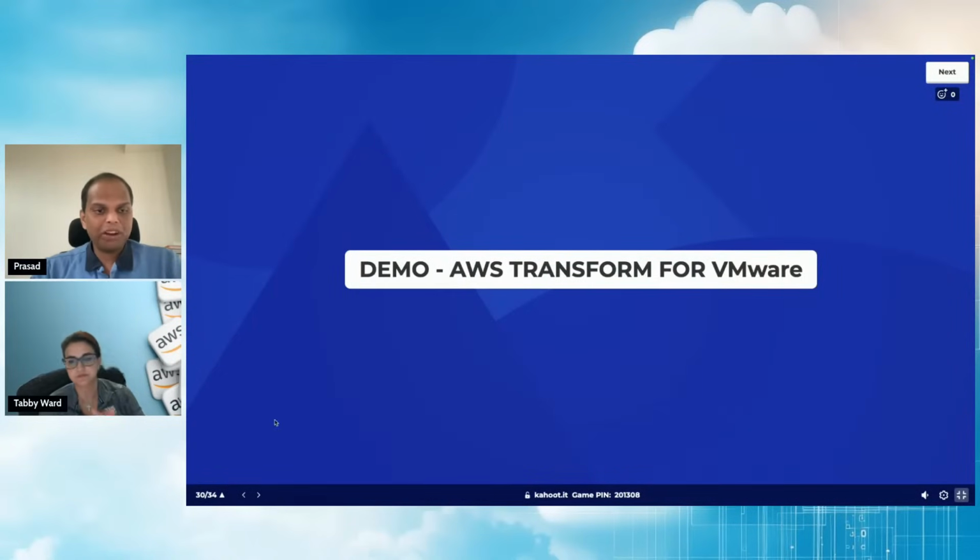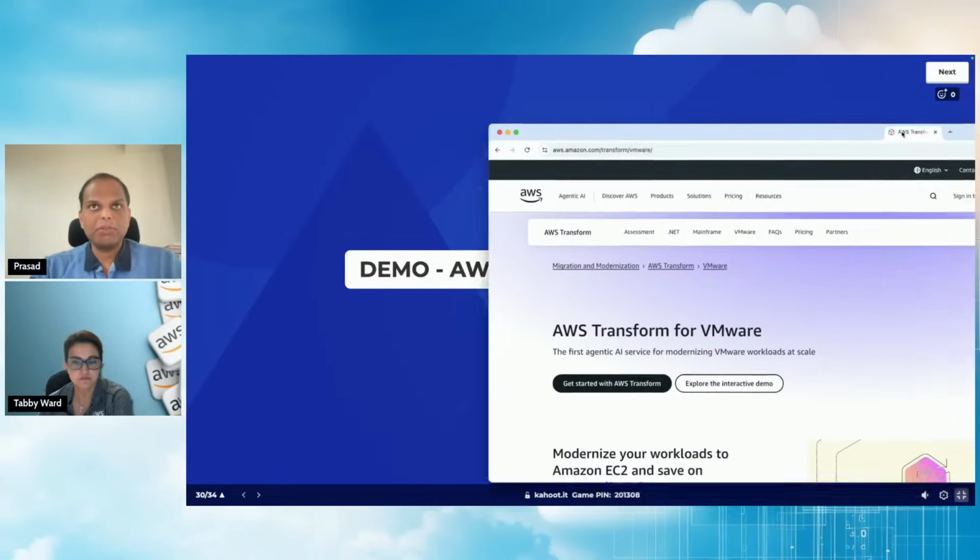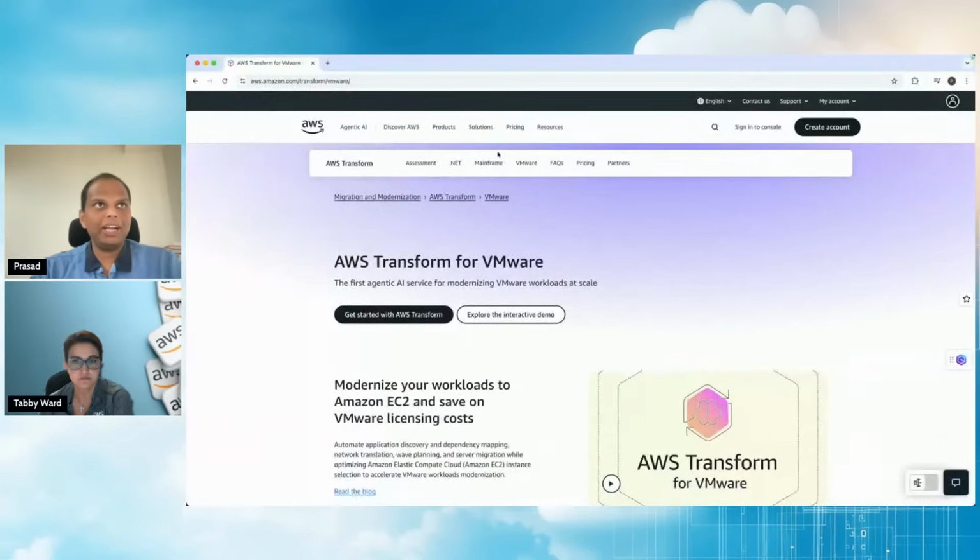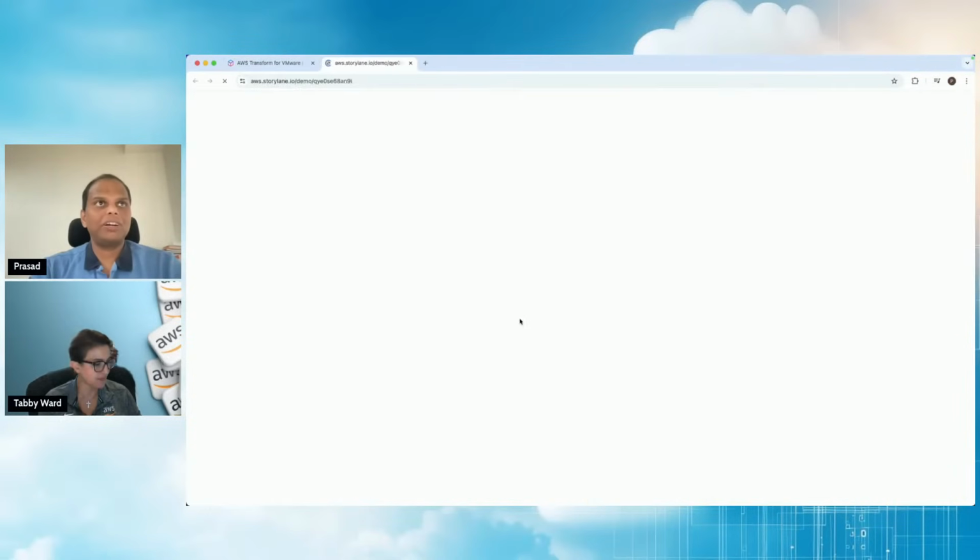We do have a couple more questions, but we'll come back to them after the demo. And for the demo, let me bring it up. This is the demo we use with our customers to enable them, and you'll be able to find it by searching for AWS Transform VMware, on the homepage. In the main homepage, you'll be able to get this link. So later on, if you want to run the demo on your own, you can do it. Obviously, you can watch this recording, but if you want to do it on your own, explore the interactive demo.